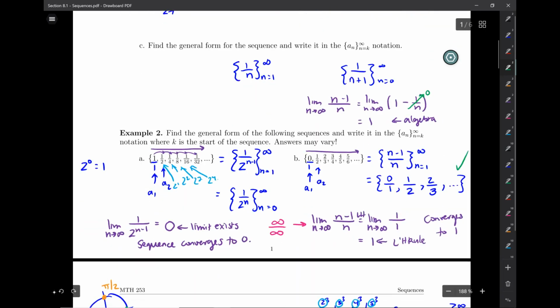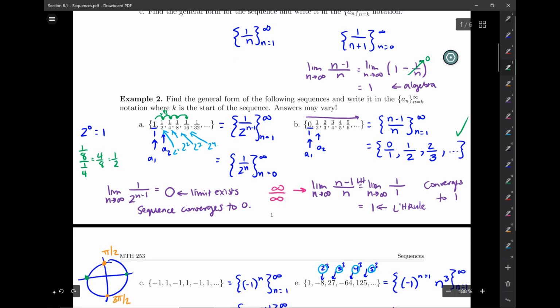In example 2, notice that, and I almost even have it indicated here already, when I go from 1 to 1/2, I multiply by 1/2. To get from 1/2 to 1/4, I multiply by 1/2 again. 1/2 times 1/4 is 1/8. 1/2 times 1/8 is 1/16. So I'm multiplying by 1/2 each time. Similarly, you can take consecutive terms, for example, the 1/8 and the 1/4, find their ratio. Notice you get 4/8, which is 1/2. If I do that with the 1/16 and the 1/32,